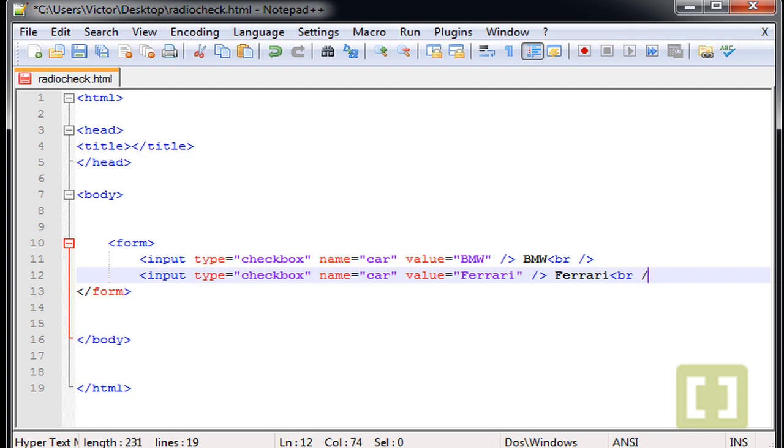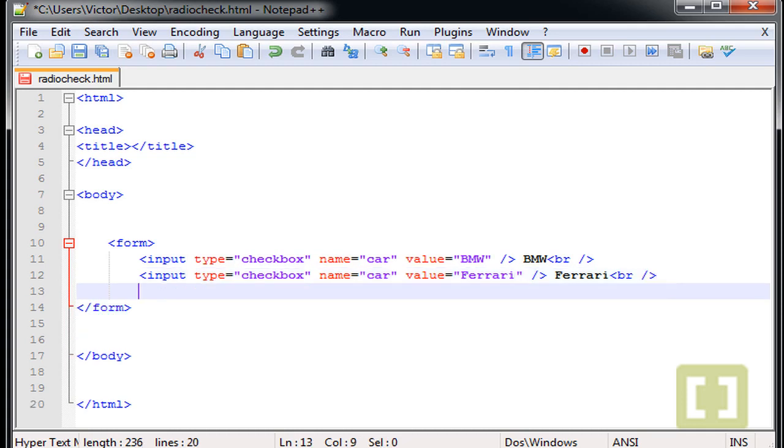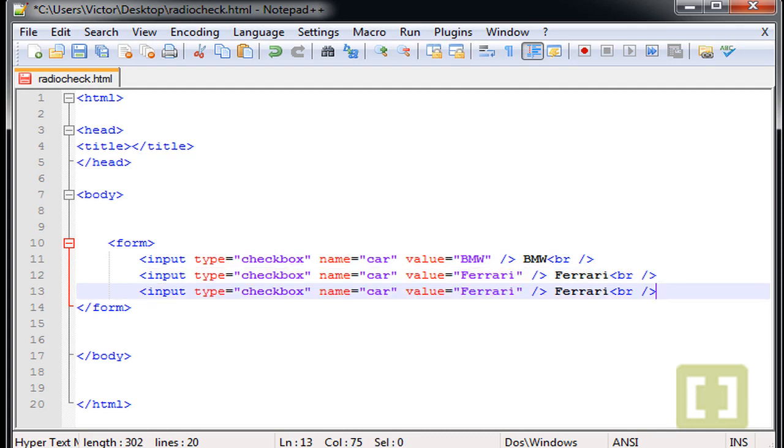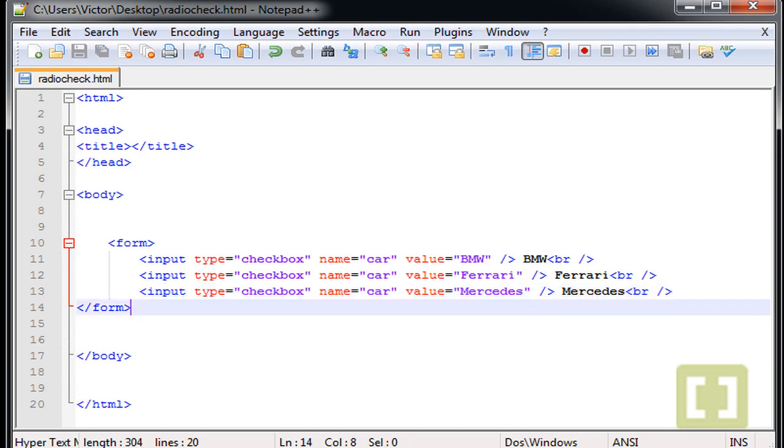Well, I'm going to put just one more. You can copy this and put it here. Instead of Ferrari, let's type Mercedes. Mercedes. Okay, so let's pretend I'm a buyer and this is a form to buy whatever car I want,